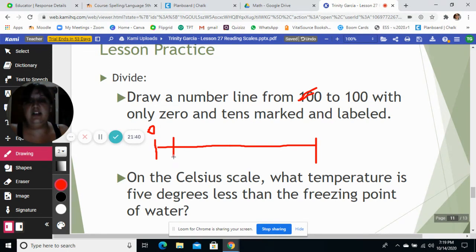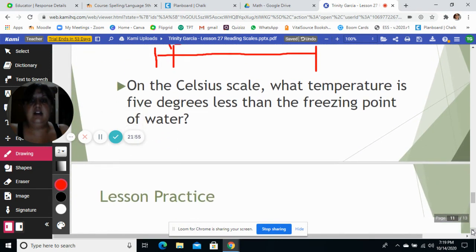So I'll get you started, and this would be what? This would be 10. Okay, and then you need to go on and make it evenly spaced until you get to 100. Okay, then it says on the Celsius scale, what temperature is 5 degrees less than the freezing point